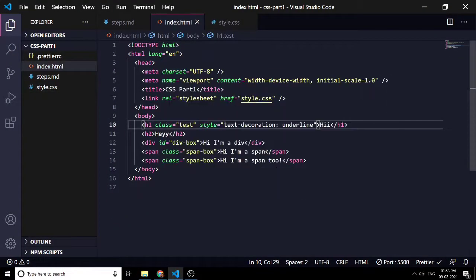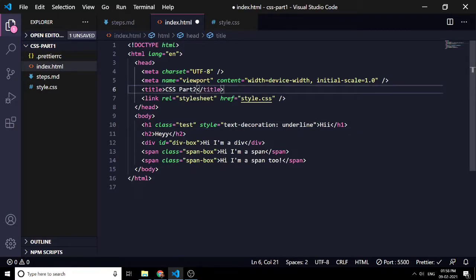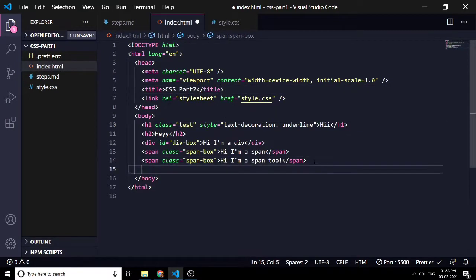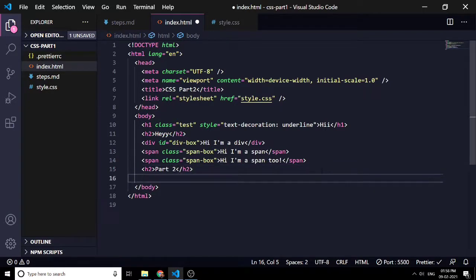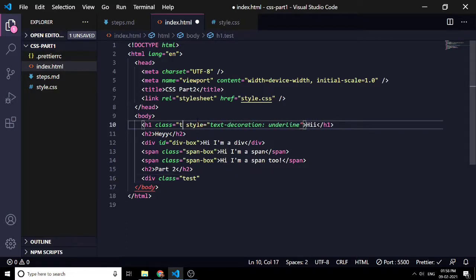So firstly, let's change our heading to CSS part 2. So for that, we'll use two divs, one of class test. We already have that one, so let's remove it, as now it's of no use.